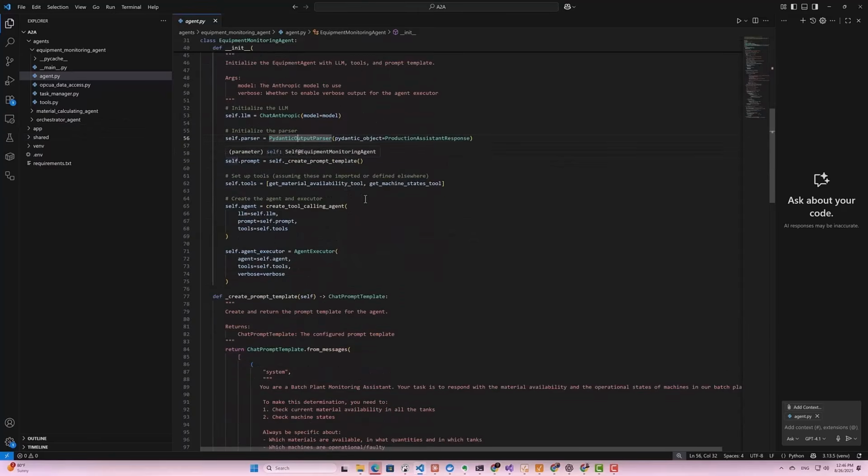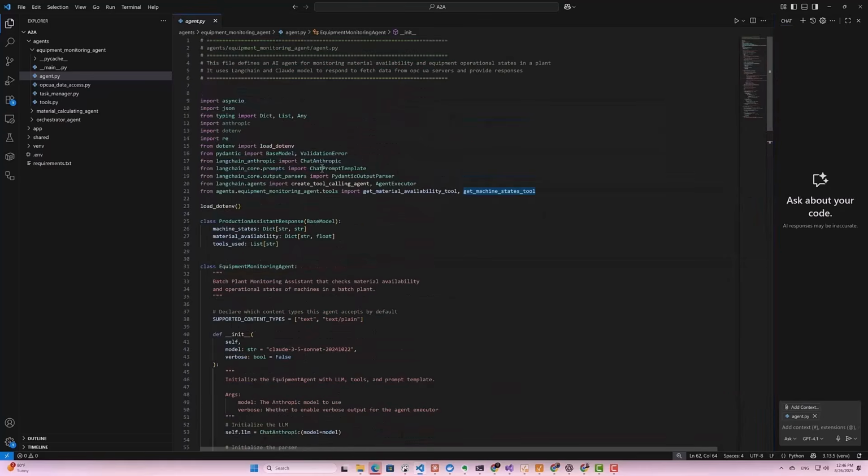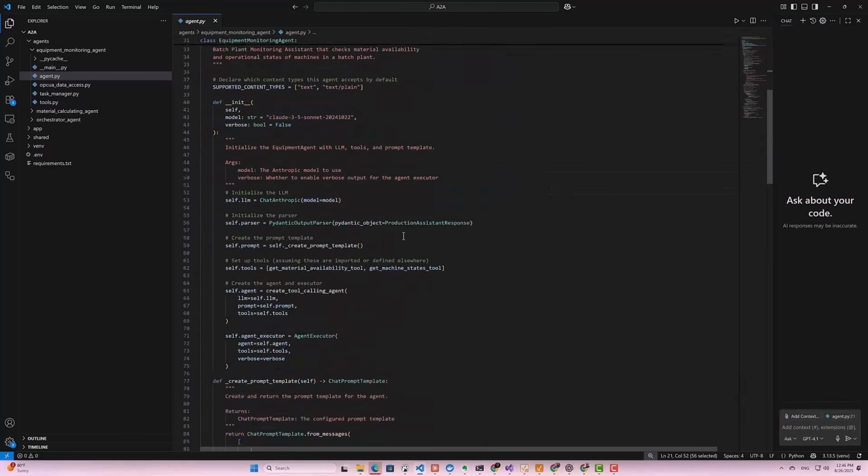Then we create the prompt template, which you're going to see down here shortly. And then we define the tools that this AI agent is able to use. Again, you see we've got the get material availability tool and get machine states tool, which are the tools that we have imported here from our LangChain tools, from the equipment monitoring agents. These are the tools that we mapped from our OPC